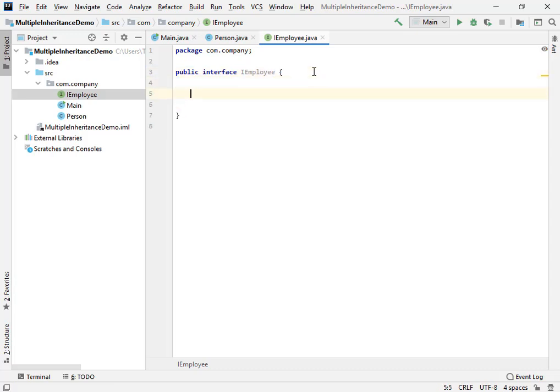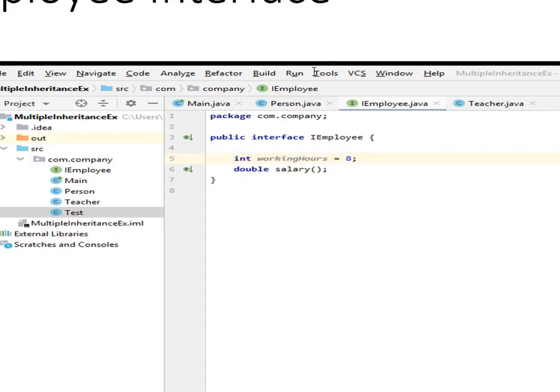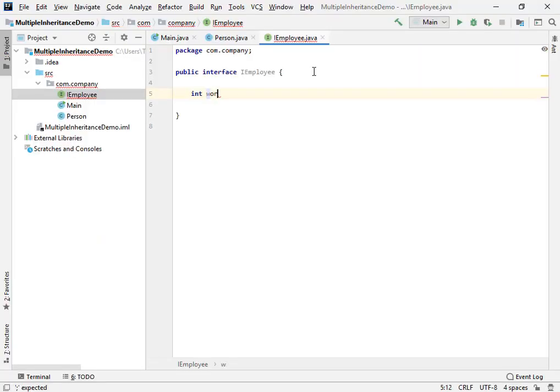So in here I'm going to create an attribute for an integer value that will hold the working hours for an employee. So I'm going to name this working hours, and now it will be a constant, so obviously it will hold some value. In this case I'm going to pass this value as 8 for this working hour.